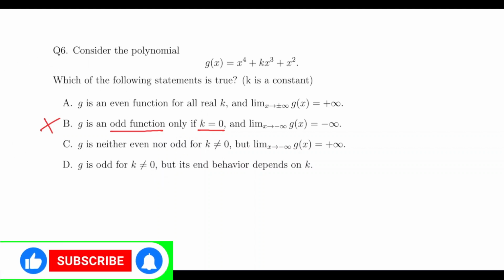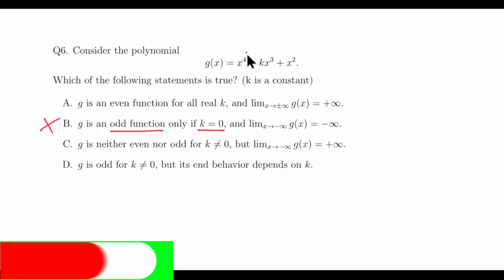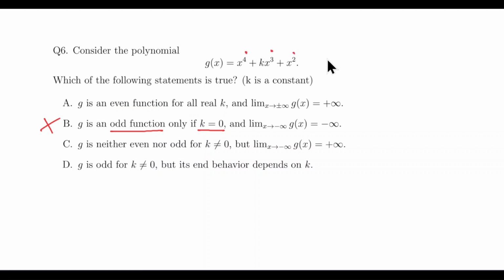The first one is saying that it will be an even function for all real k. Well, that's not correct. If k is not 0, then it is a combination of even powers and odd powers, which we just discussed will be neither even nor odd. So that's not possible. Option D is saying that g is odd for k not equal to 0. Well, no, we just discussed that if k is not 0, if this term exists, then this will be neither even nor odd. So that is wrong. This makes sense that g is neither even nor odd for k not equal to 0,